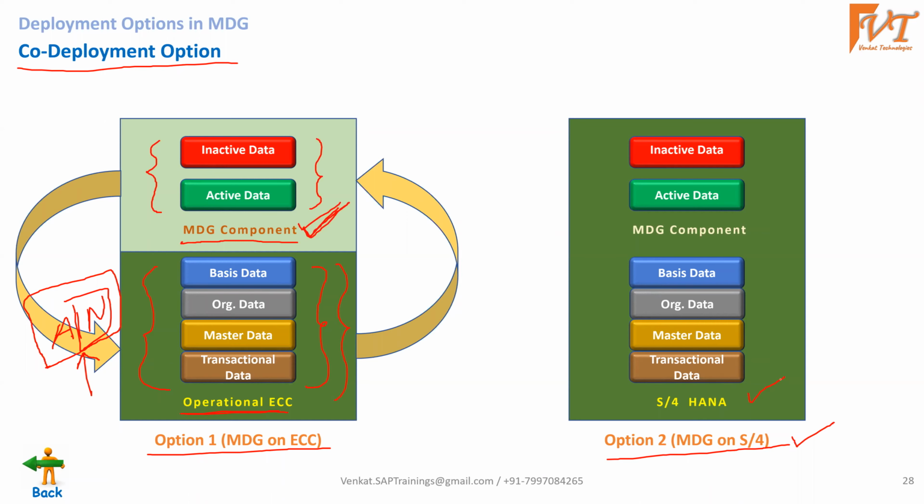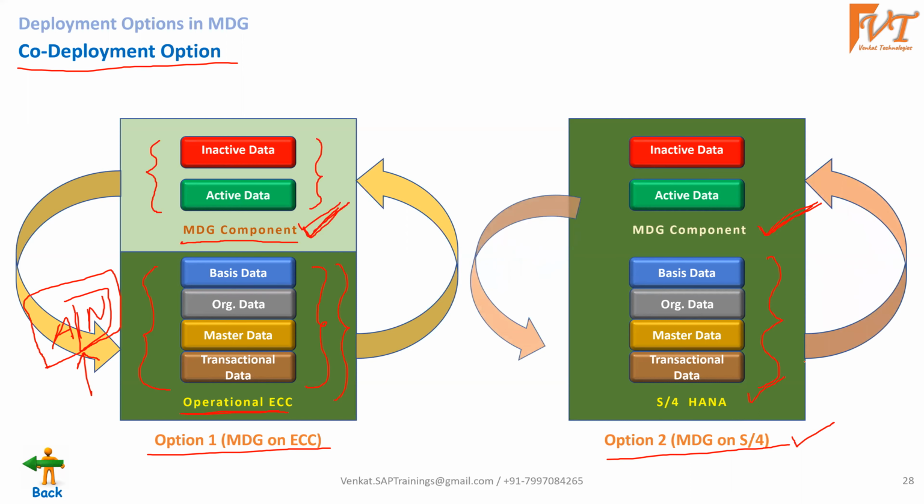But again, for implementation, it costs. They need to pay something. Just the component is there, just like you have installed Office on your laptop, but to use the features, you need to purchase the license. Similarly, the MDG component is there, but if you want to leverage the features, you need to pay something to SAP, and that may not be as much as the cost of purchasing the new component itself. It will be less. And for the implementation partner, we need to pay something to implement MDG in the current box.